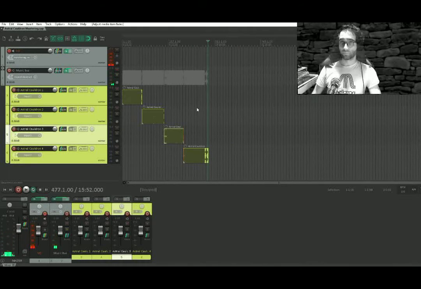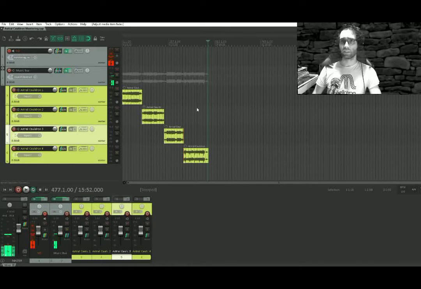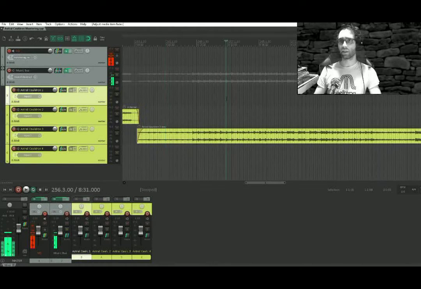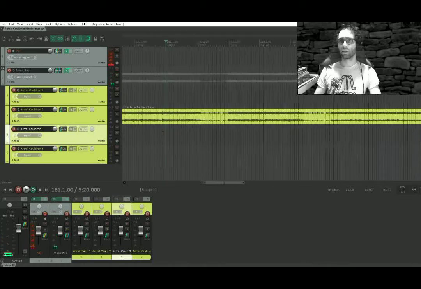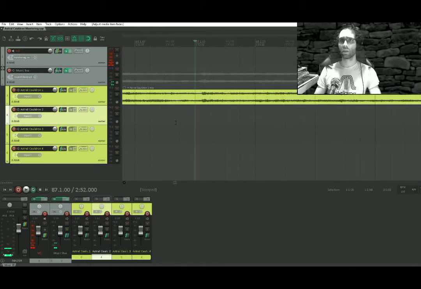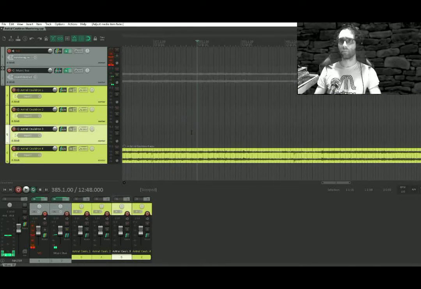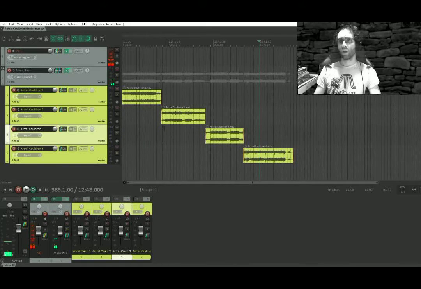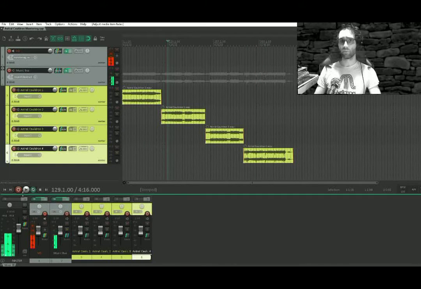All right, great. Now I want to see my waveforms again so I can see what the transients look like. There's not a lot of drums, so it's not going to be that big of a deal. Who knows? So my starting point for mastering,